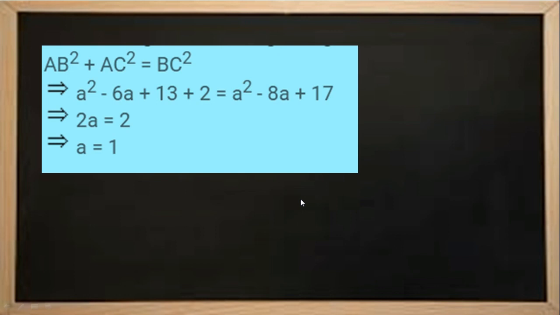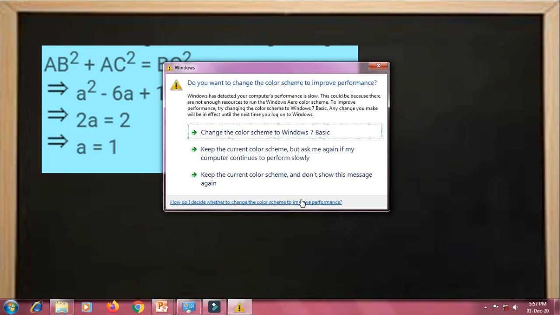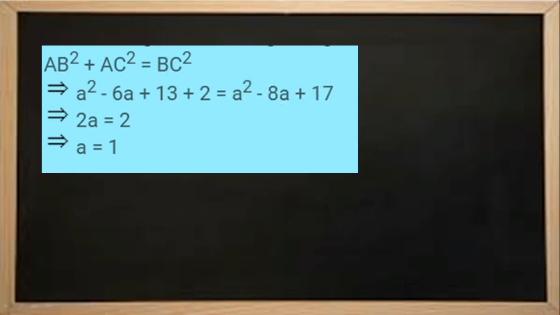The complete exercise is based on only 2 formulas. One is the distance formula, square root of (x2 - x1) whole square plus (y2 - y1) whole square, and the distance from the origin to the point is square root of x square plus y square. And we learned how we can apply the distance formula with other properties of a triangle, rectangle, square and even with a rhombus and with a circle. Very simple chapter, easy to score, but the only thing is be careful with the plus and minus signs.